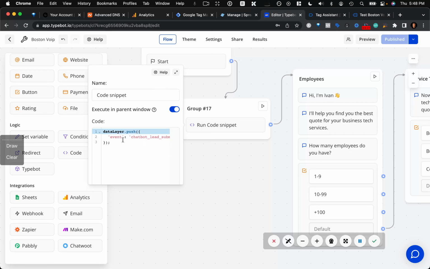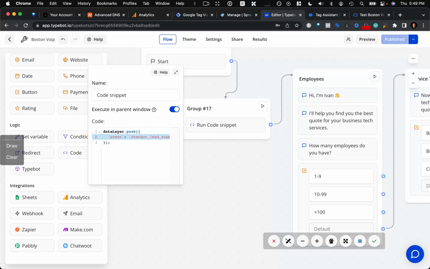So you're going to need a Google Tag Manager account so that you can push this event. And then from Google Tag Manager, you configure it into an event back to Google Analytics 4. It's a little complicated, but bear with me. I'll go through the entire process. Okay, so once you create this code snippet with this data layer code,